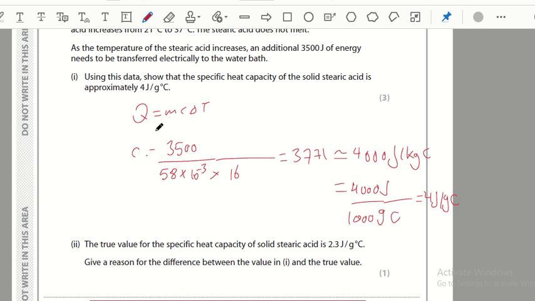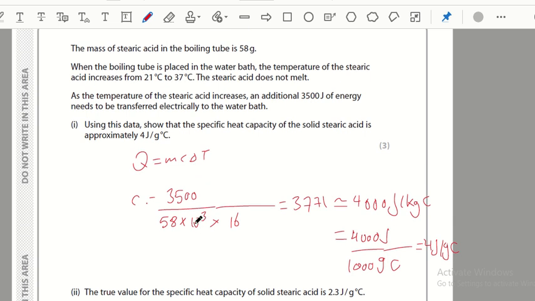So Q equals mc delta T, so C equals Q over m delta T. Q is 3,500 joule. M is 58 times 10 to the power minus 3 to convert it to kilogram. We converted it to kilogram because we have the energy in joule, times delta T, which is the difference between 37 and 21. After calculation, we will get this answer, and writing it in one significant figure format, it will be 4,000 joule